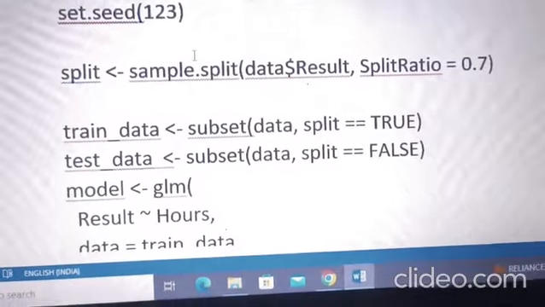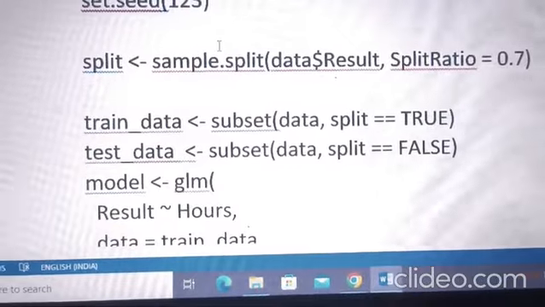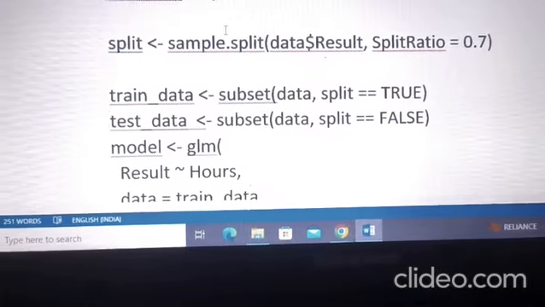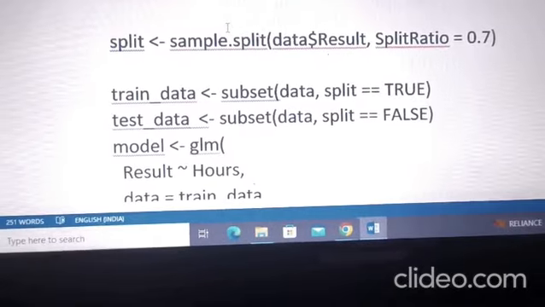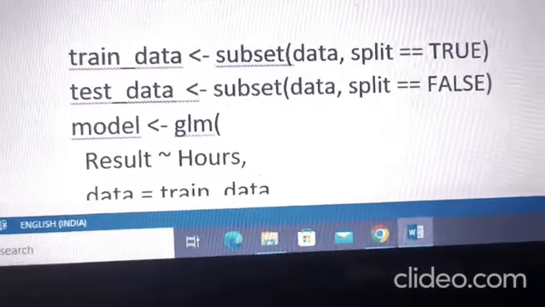So in these steps we assign the values for train and test data. Now we have got the values in the train data and the test data. The actual data is split into two categories, train data and test data. Now we are going to give the